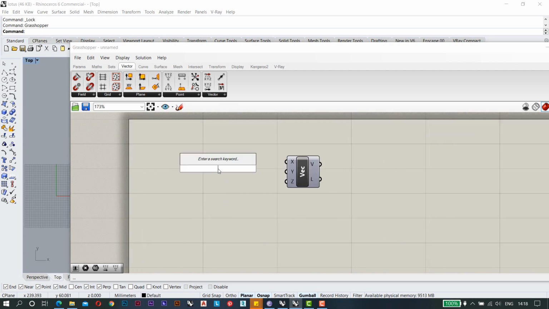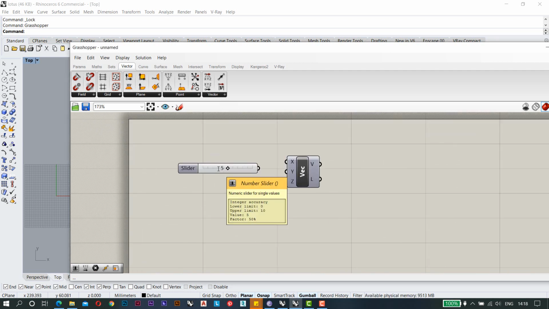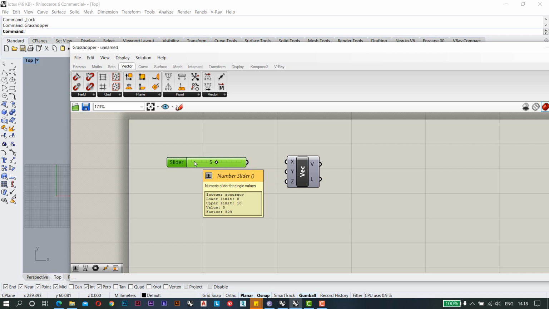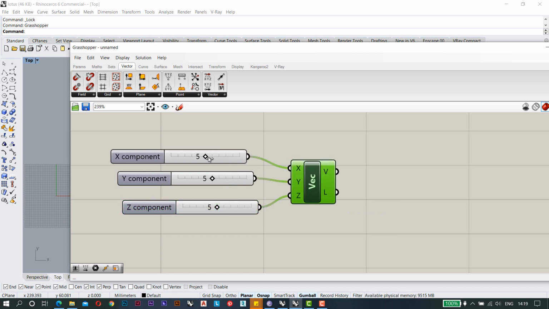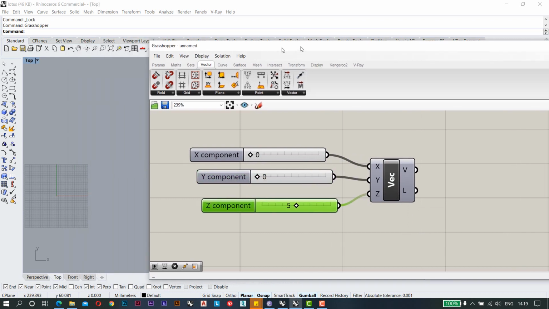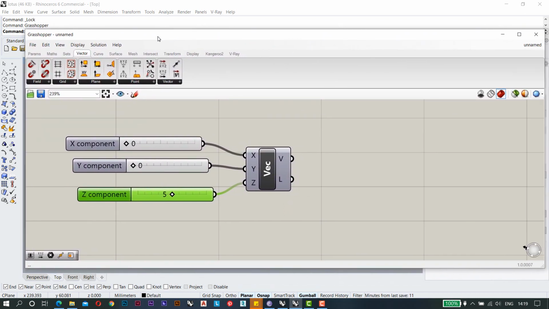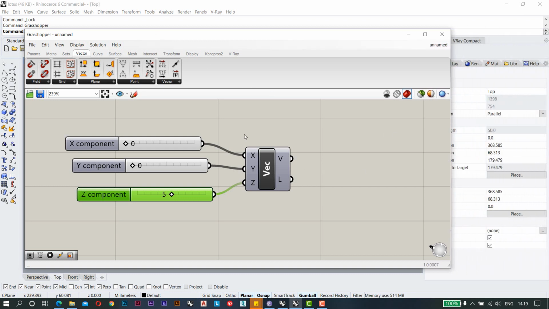I will just type 5, and again Control C, Control V, Control C, Control V once again. This will be X, Y and Z. Since we need something on the region, these two values will be 0 for me. The height will vary, because every time the height of the circles will vary according to our arcs.